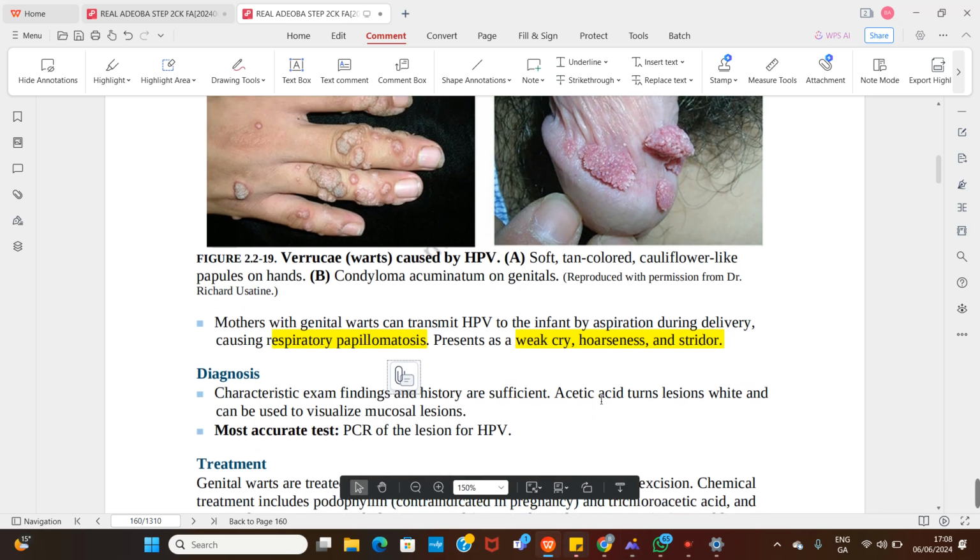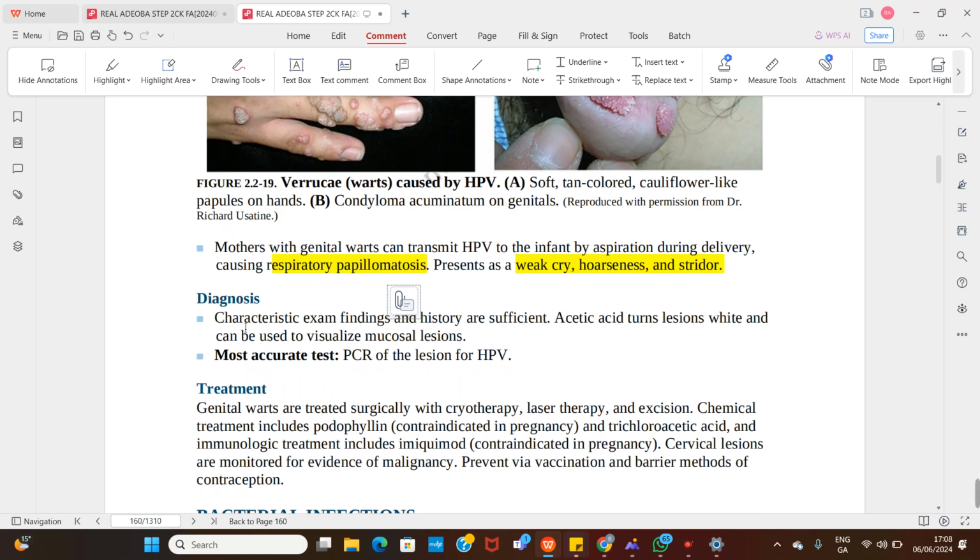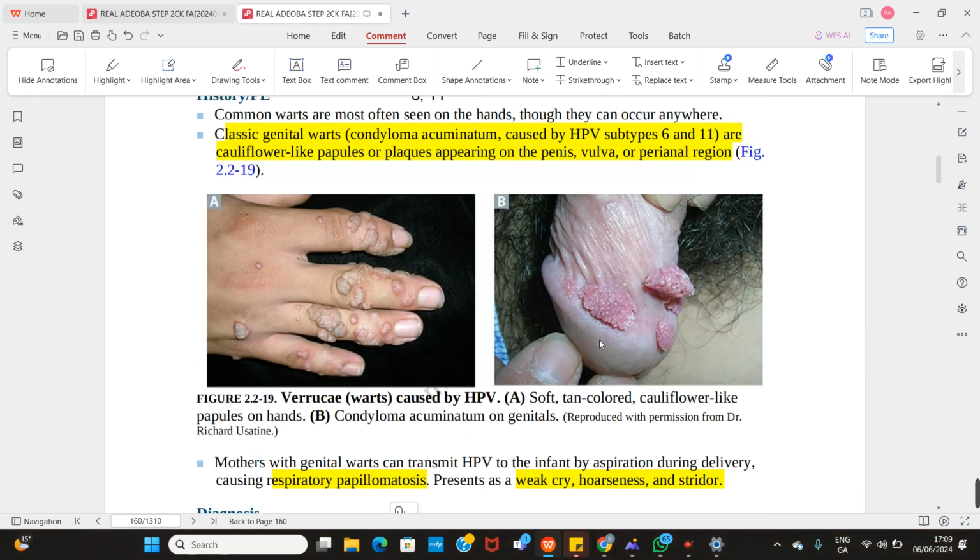And sometimes it can transform into squamous cell cancer, and sometimes it might be big enough to occlude the airway, leading to respiratory failure. So usually they present with hoarseness of voice, stridor, dysphonia, difficulty in breathing, weak cry. So you can use your history to make the diagnosis of the wart most of the time. Sometimes to isolate the wart from the surrounding skin,